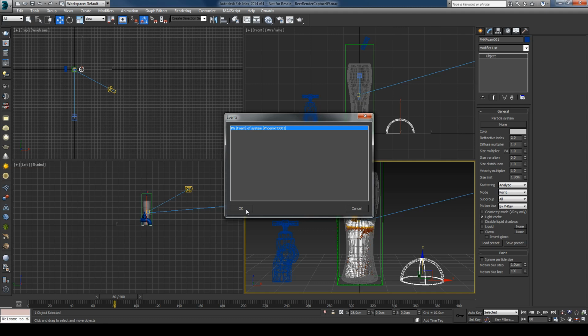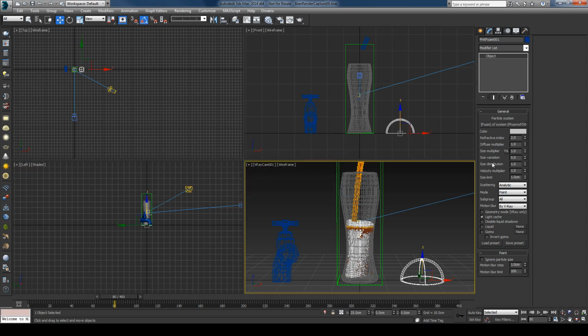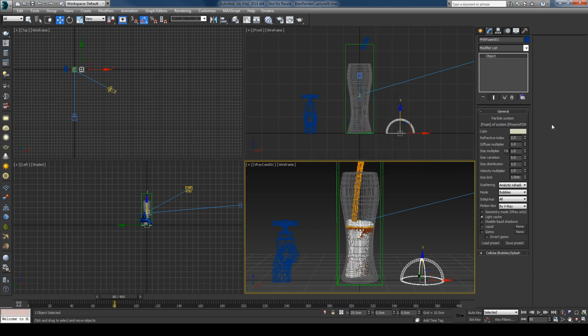the foam and press OK, and it will ask if you want to use the simulator as liquid, so I'll just hit yes, and I want to render the particles not as points but as bubbles, so I'll set the mode to bubbles, and I'll set the scattering to analytic plus shadows. I'll give the bubbles a slightly yellowish color, something like this, and let's see, change the refraction index to 1.3,